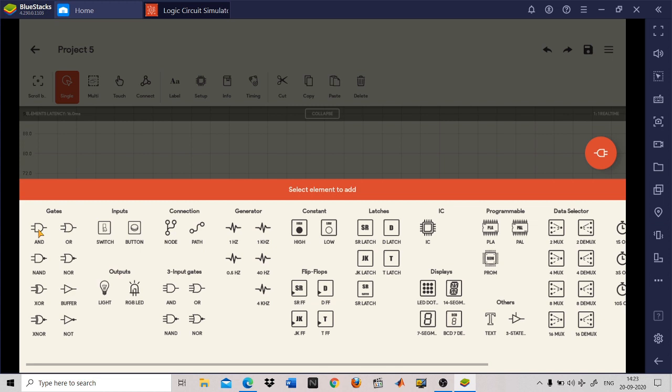Now you require two inputs. Because you know that the AND gate will be having two variables, so you require two inputs. So we will select this switch twice, one, then second. Now you require one output because the AND gate will be having only one output. So click on the output.